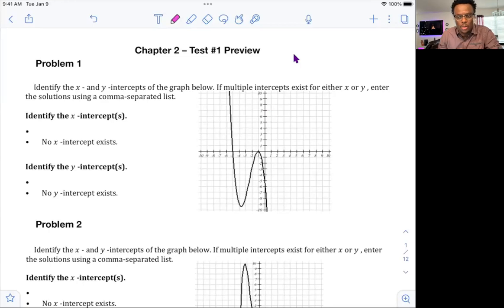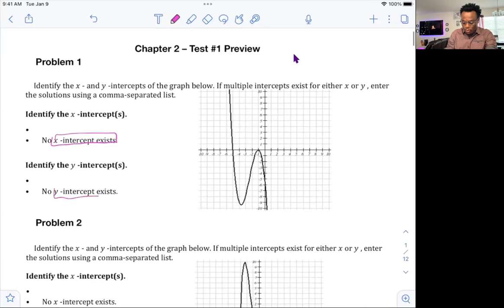the habit of giving only one value, but I want you to know that the intercept of a graph in the coordinate system should be an ordered pair. Now, in MyOpenMath, they only require you to give the x value for an x-intercept or the y value for